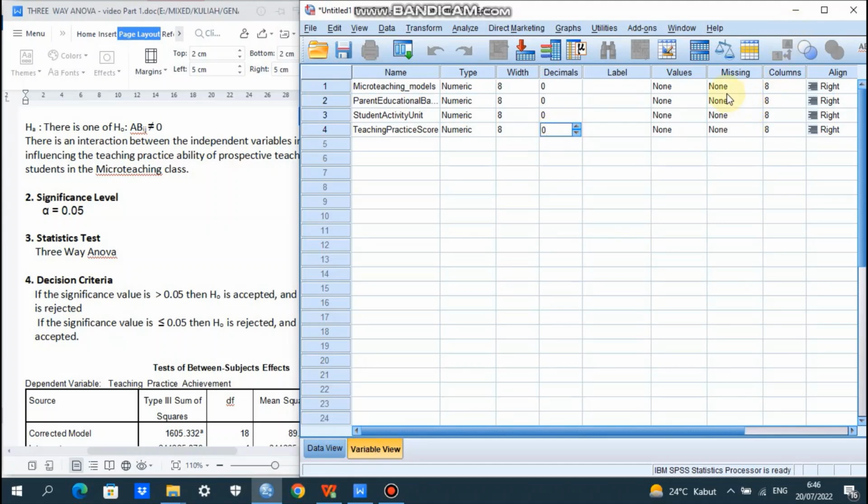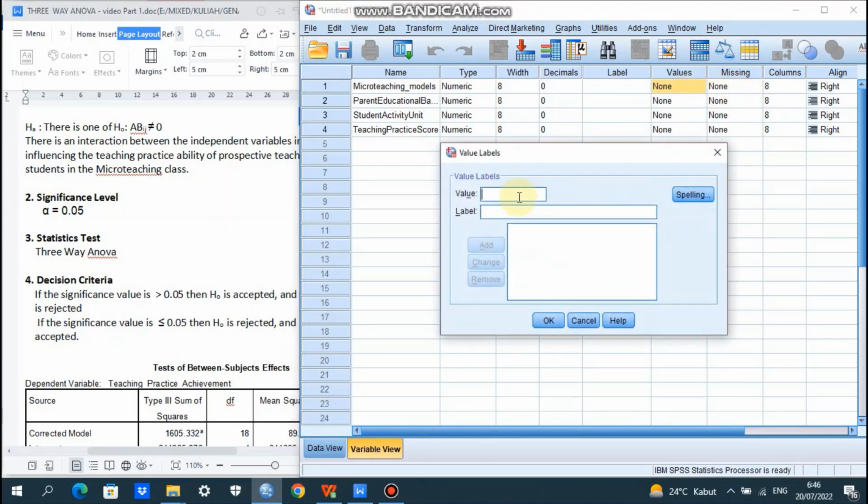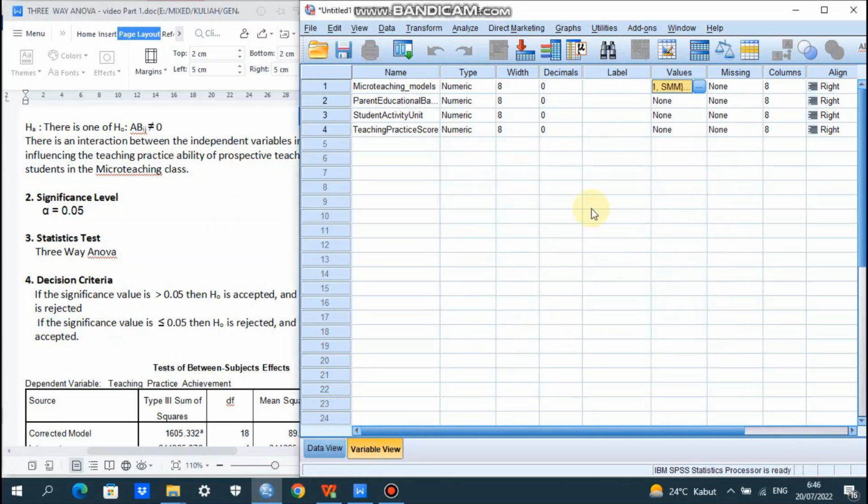For the value, what is the code number 1 for? SMM. And then the code number 2 for MLS. And then the code number 3 for Tadaluring Micro Teaching Learning Model or TMLM. Okay.